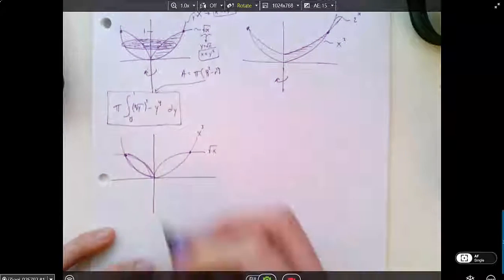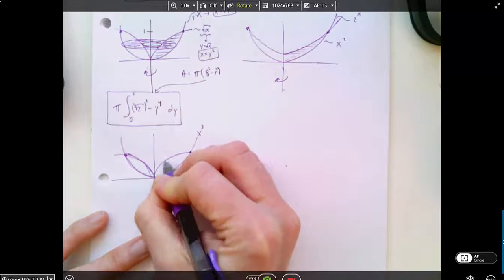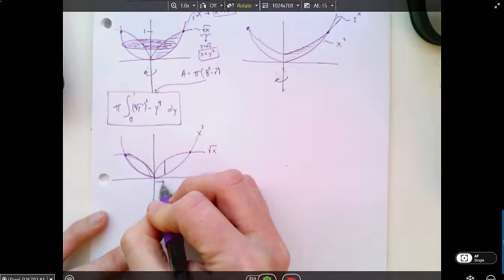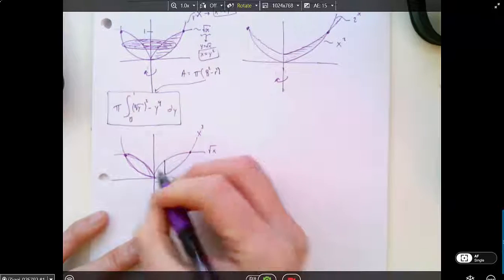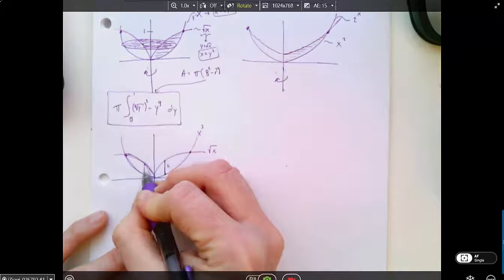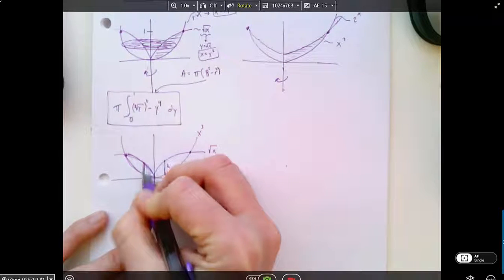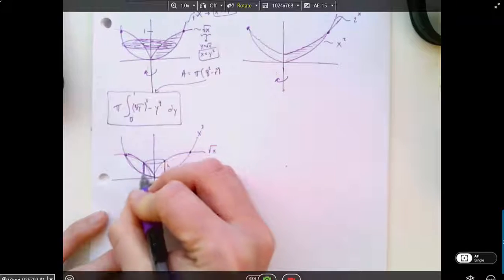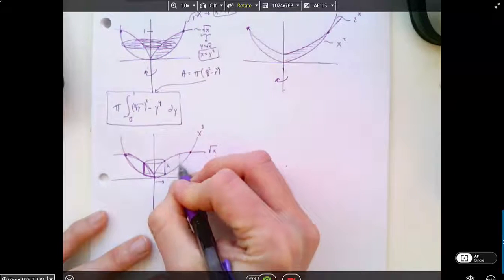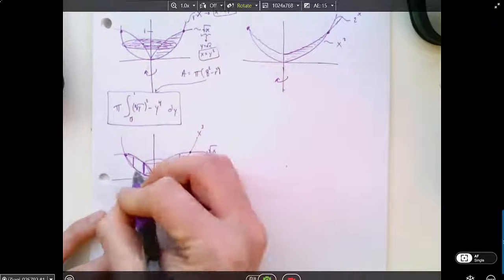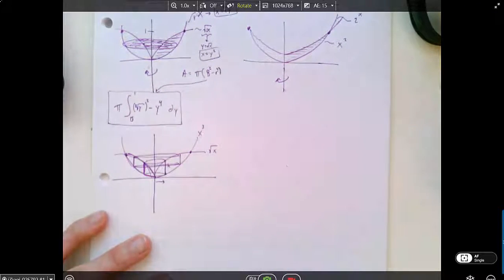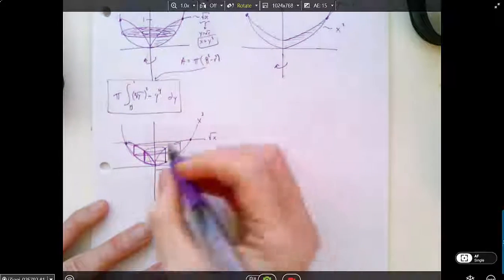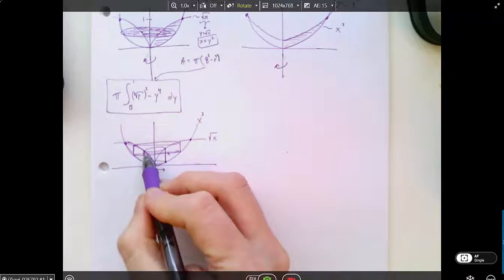So what would shells look like here? If I choose a particular distance out from the center, and I look at the area between the two curves, that gives me a height here. And if I rotate just that vertical bar around the axis of rotation, I get a shell that looks like that. If I were to choose further out like this, I would get another shell that looks like that. So if I'm going to be looking at the volume contained within just the walls of this kind of hollow shell,